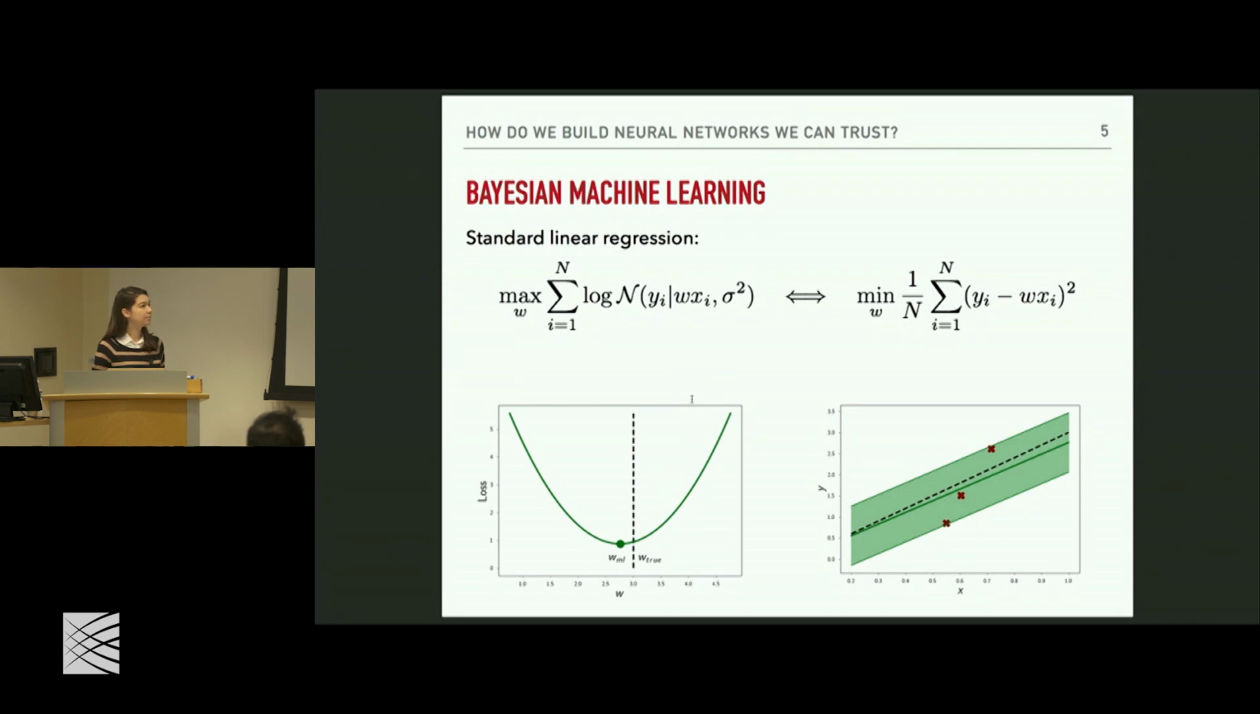After performing this optimization, we would find a single set of parameters, w maximum likelihood, which is shown here with the thick green point. It's the minimum of this loss function or the maximum of the likelihood function. And it also corresponds to the thick green line over here on the plot. So during test time, we would go ahead and predict using this single set of parameters. And